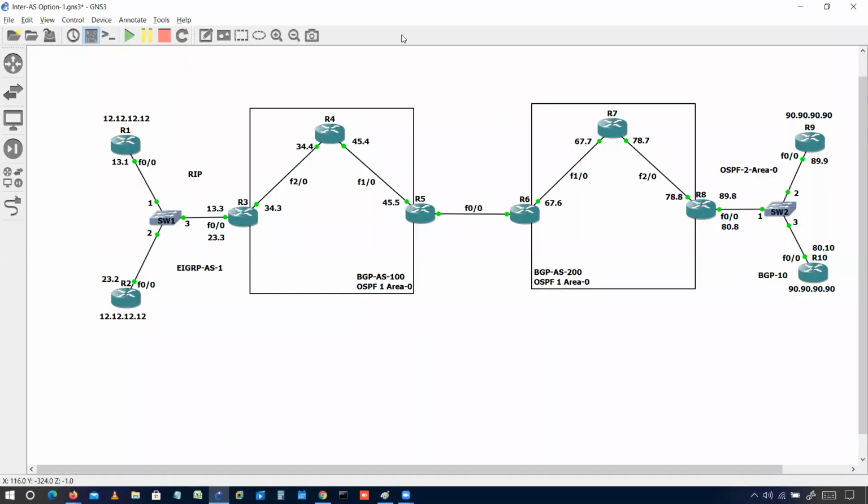So this diagram we'll be using. We'll be using option A here, that will be your back-to-back VRF. Now the very first thing we need here: let's say this is your BGP AS number 100, and your BGP AS number 200.